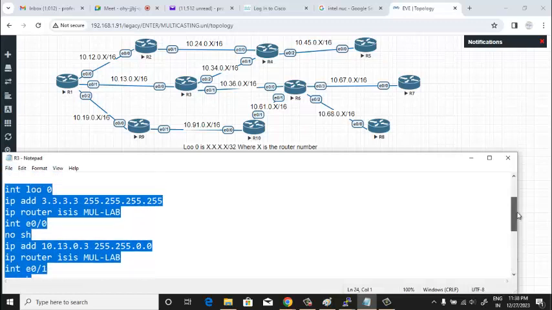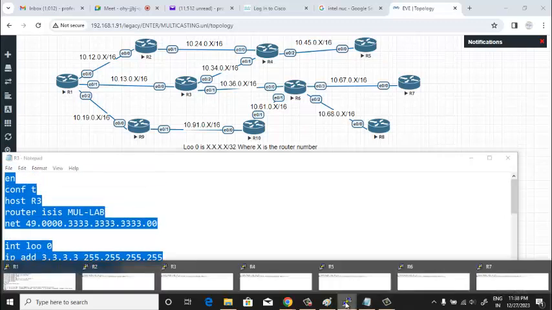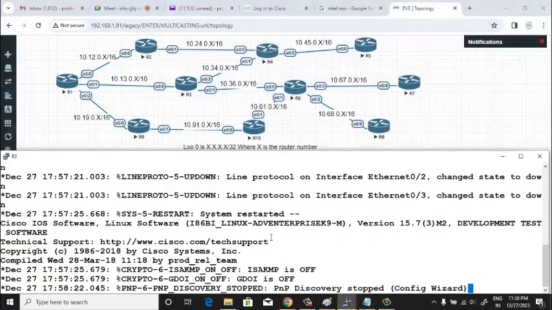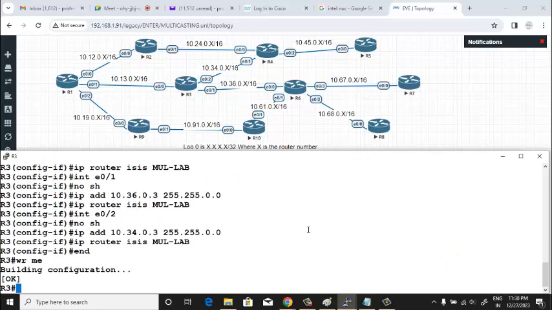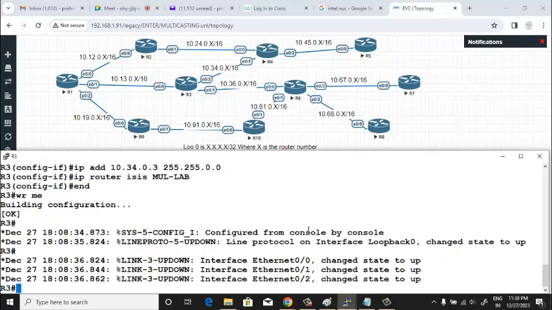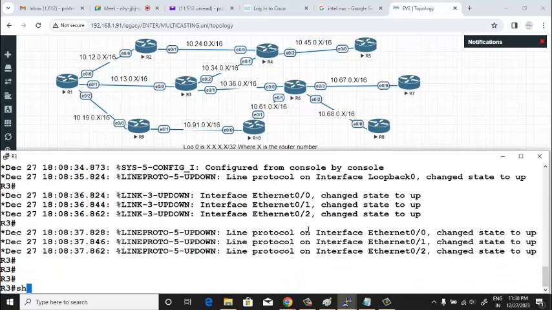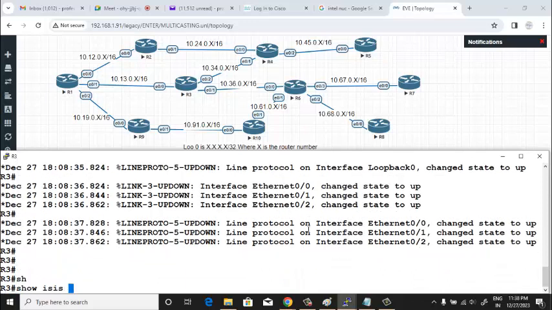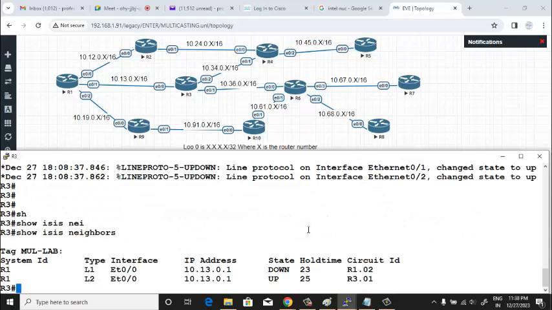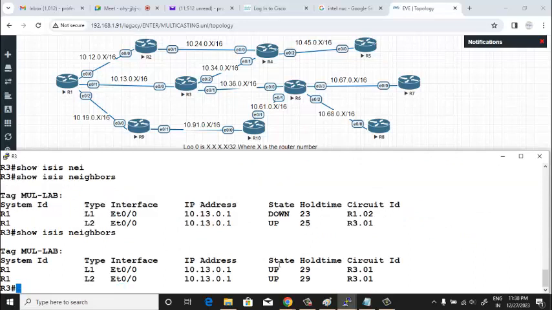After I paste it, I'm expecting a neighborship, an ISIS neighbor. Sure, I can see the ISIS neighbor. L1, L2 neighborship has come. ISIS will form two adjacencies by default, L1 and L2. L1 is adjacency within the same area. L2 will be done within the same area as well as other areas. Right now we don't have another area, so if I want to suppress this L2, I can do it, but